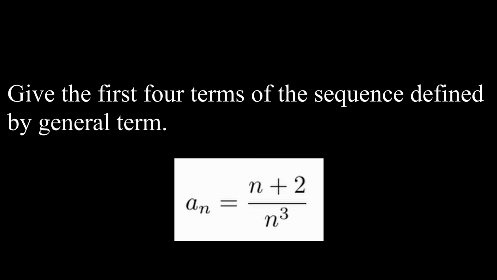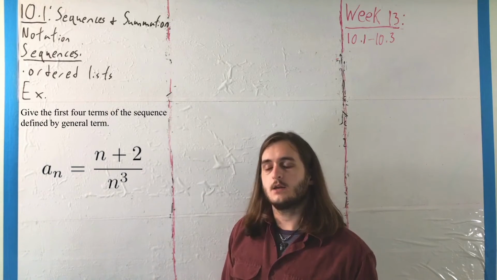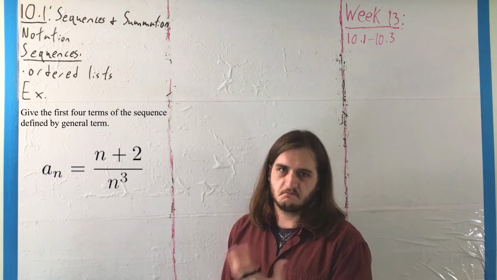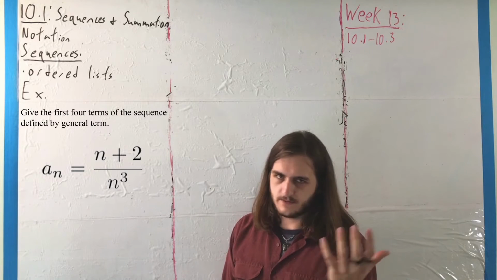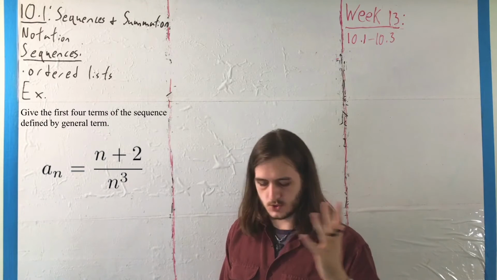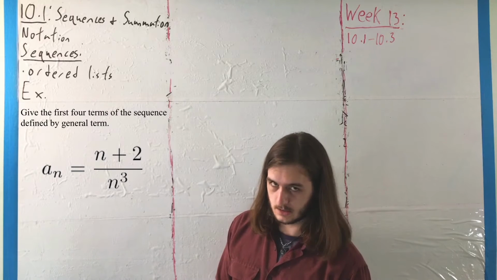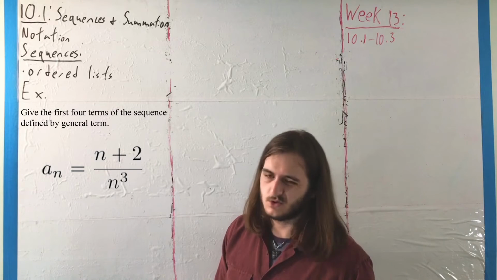So for this example, we want to give the first four terms of the sequence defined by the general term a_n equals (n plus 2) over n cubed. Well, to do this, if we're given that definition a_n, all we really need to do is just plug in the first four values of n, where presumably n starts at 1. It doesn't necessarily need to. There's no hard and fast rule that says it must start at 1,